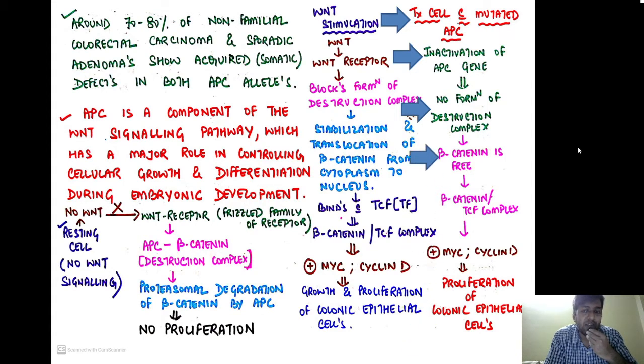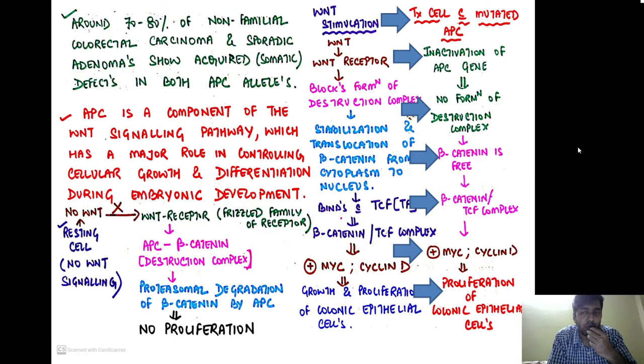So beta-catenin is always free. That is forming the beta-catenin TCF complex, which is going to stimulate the further nuclear transcription factors like MYC and cyclin D, which is going to allow the cell cycle to progress, and there will be growth and proliferation of colonic epithelial cell. Actually, I would say there will be uncontrolled growth and proliferation of colonic epithelial cell,